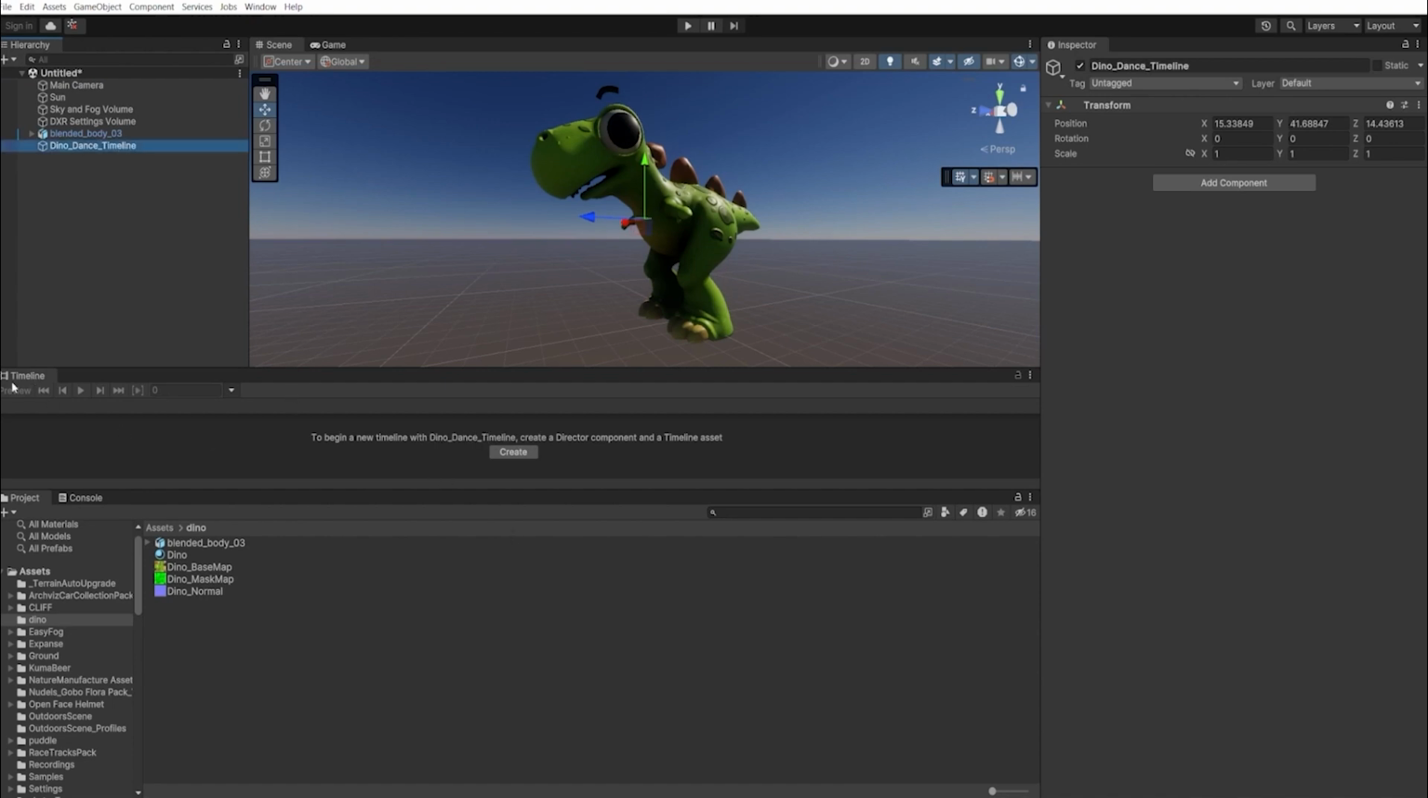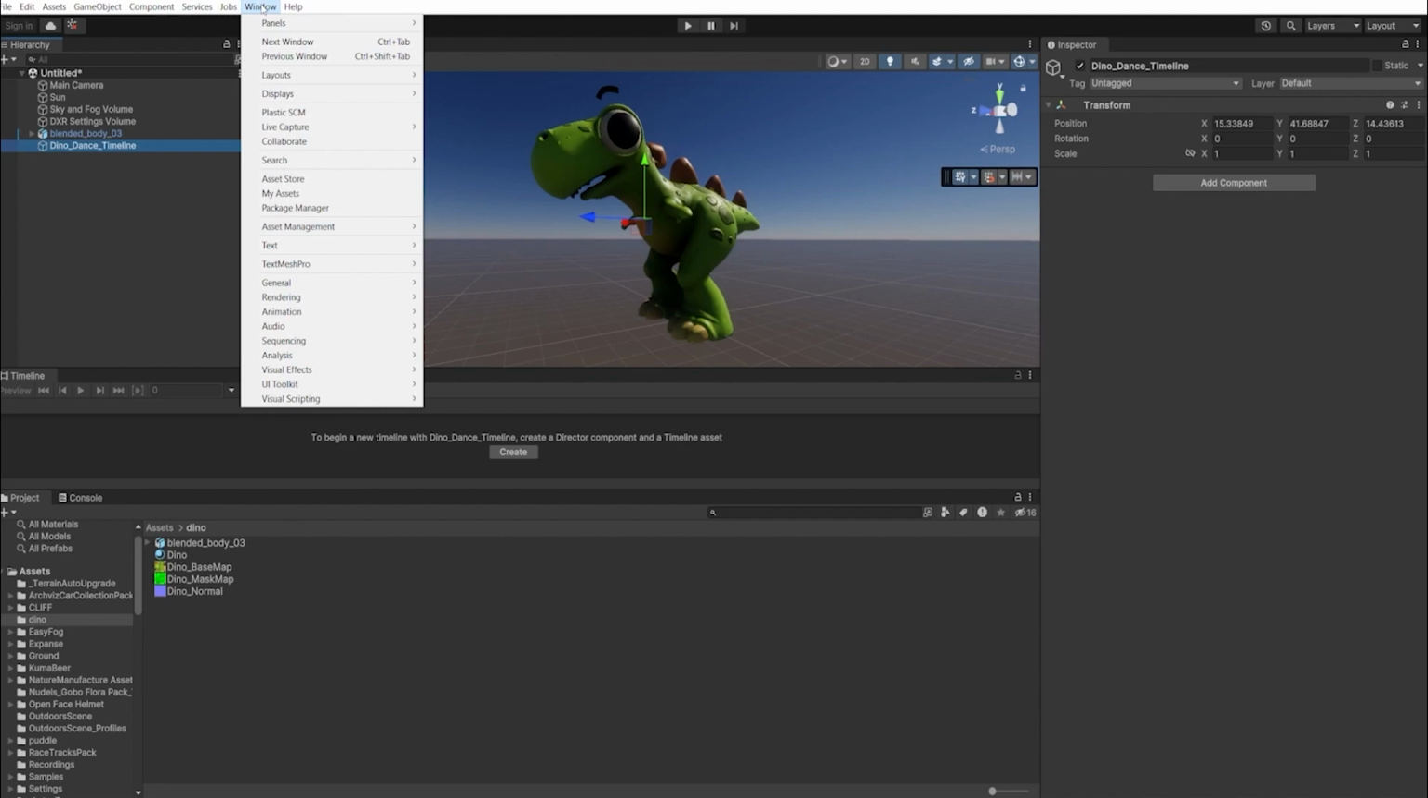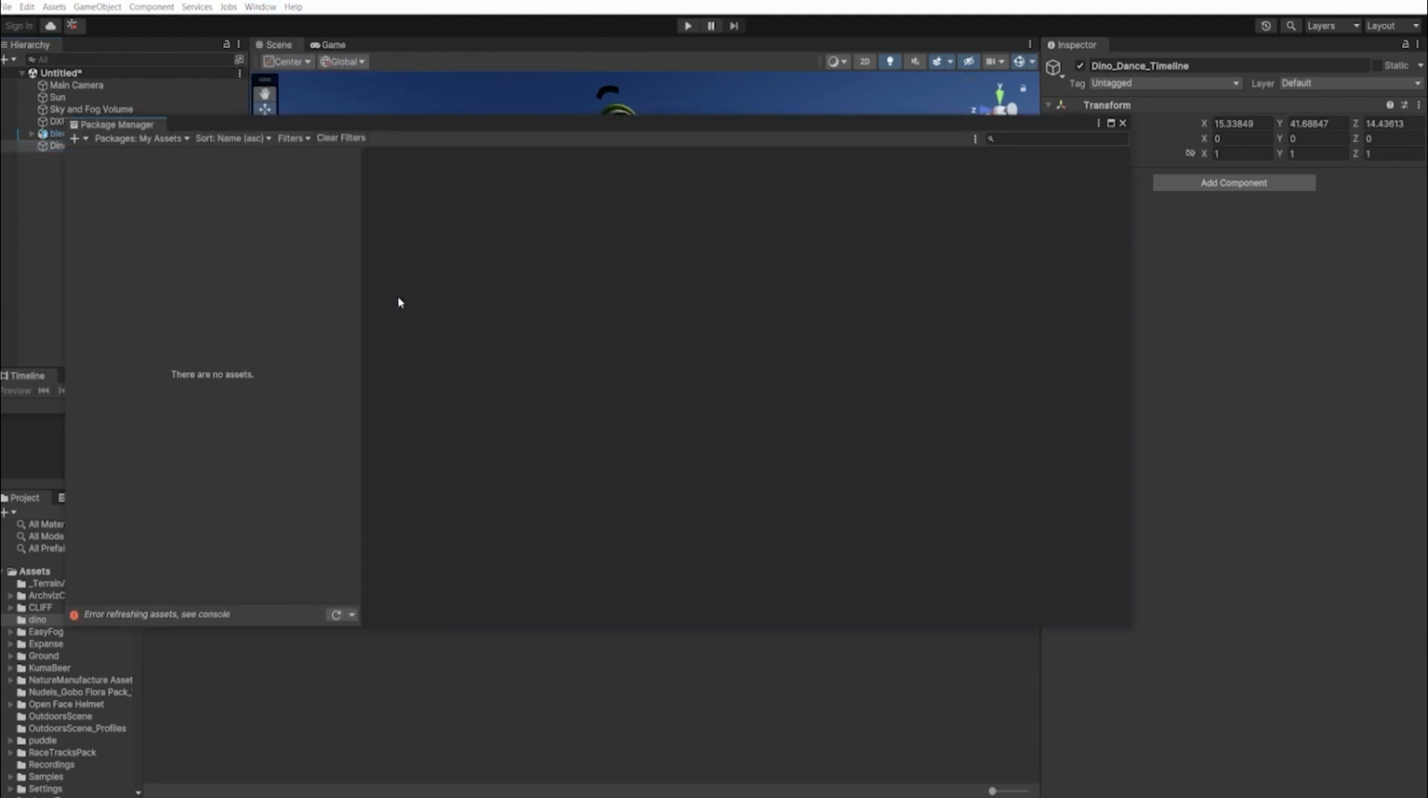And then I have this timeline window open. It's not open by default. You need to first install the timeline package. So if you go to Window, Package Manager, and then you go to Unity Registry,